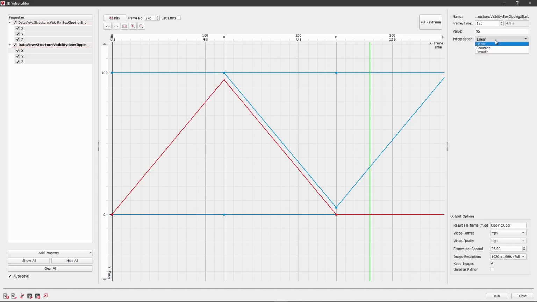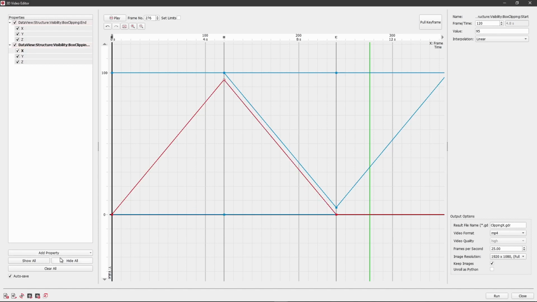Let's have a closer look at the interpolation types. There are linear, which interpolates the values between 2 points, the one selected and the next one. Constant, which makes the value of a point constant till a new point is reached. And we have smooth. The values between the selected and the next point will be calculated for a smooth transition. You can also define the slopes for both points to have more or less smoothing.